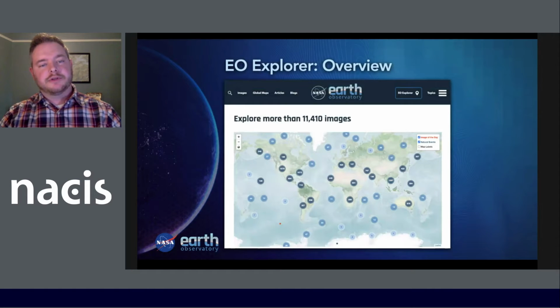So the EO Explorer is essentially a map of all the stories that we've been publishing. Now, not every story that we have published has a location attached, and some of those stories that we do publish are global in scope, so it wouldn't make sense to put those on a map. But of those that do have geotagged coordinates, there are currently more than 11,000 of those,